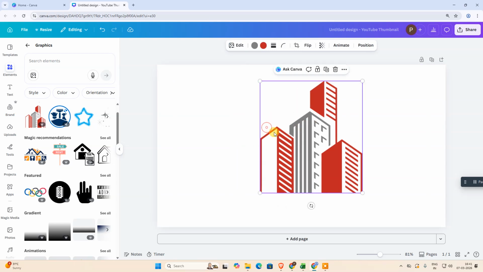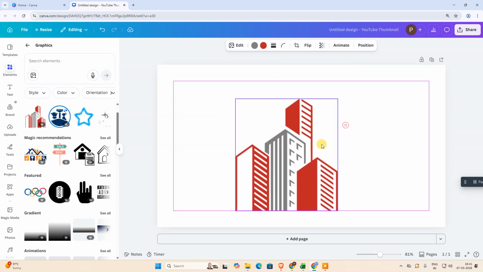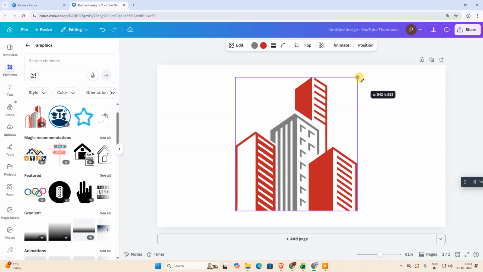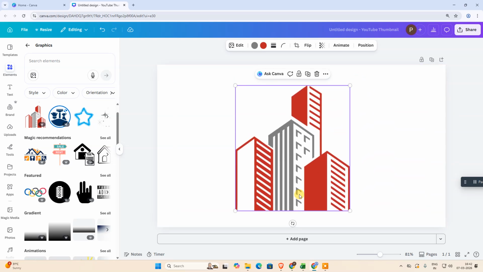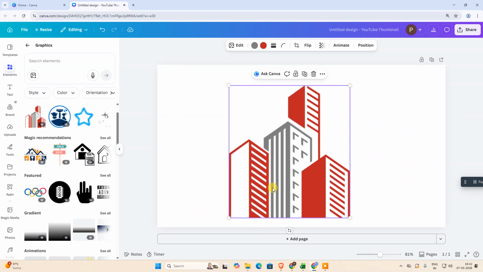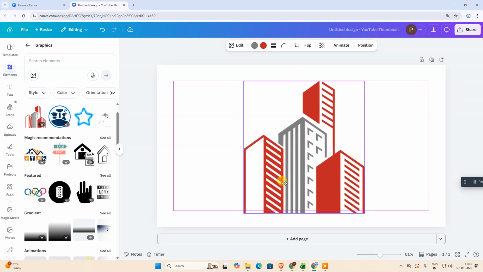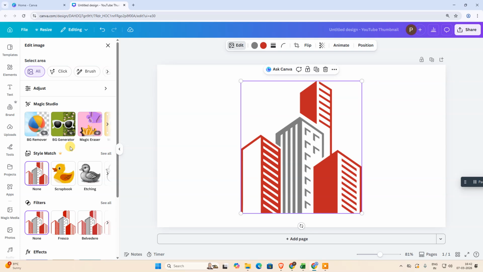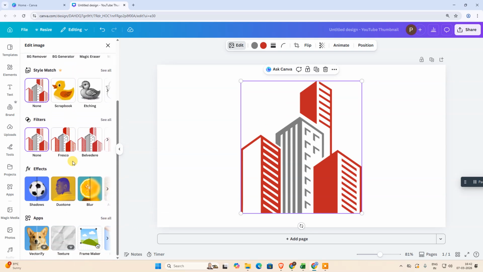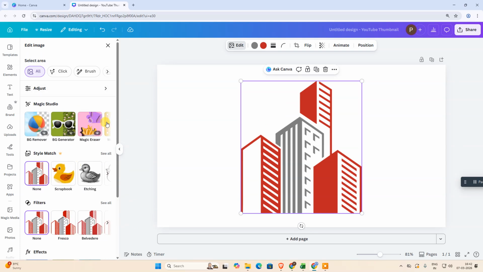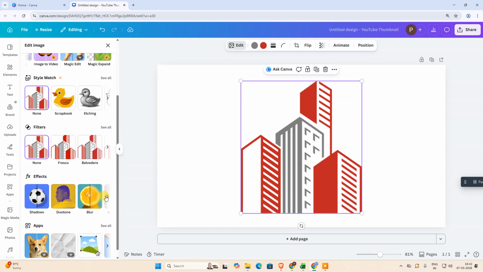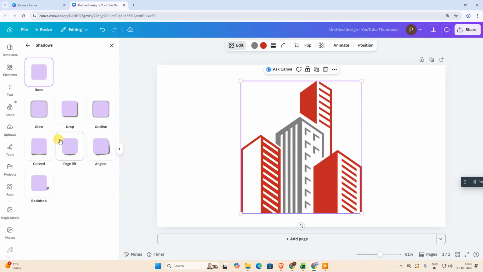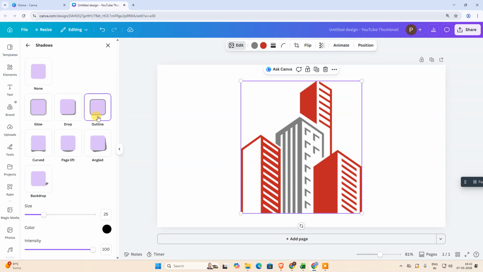First we need to give outline of this image, because when you give outline, the 3D model will look very perfect. So just select the image, go to the edit, and here search for shadow effects. Okay, in effects we need to go in shadows and click outline,